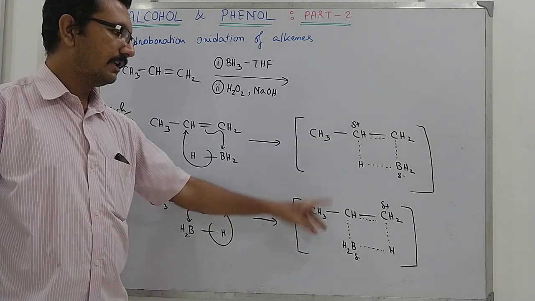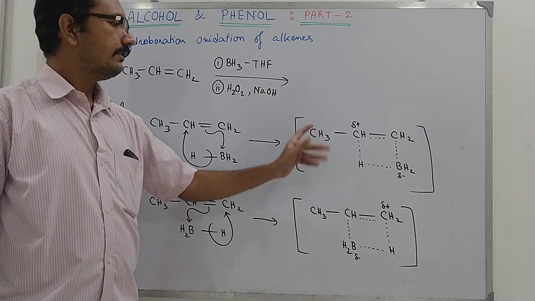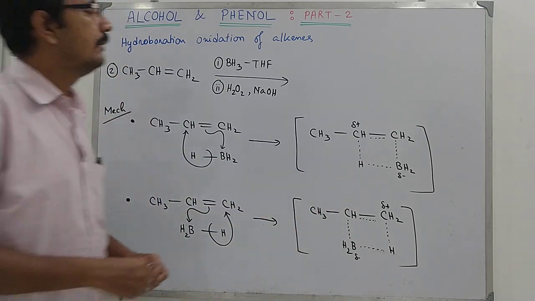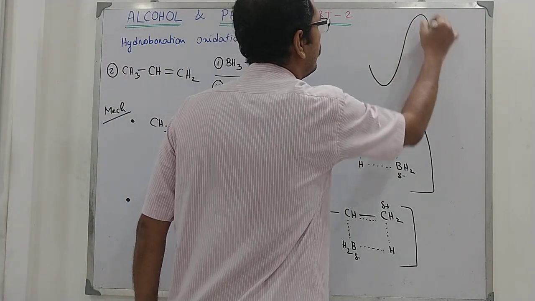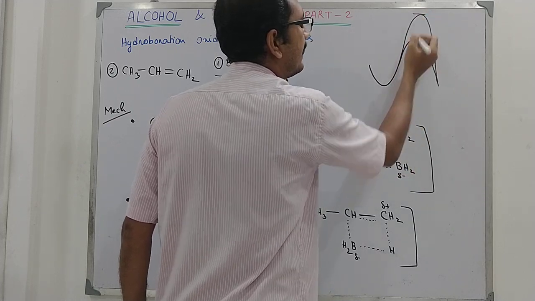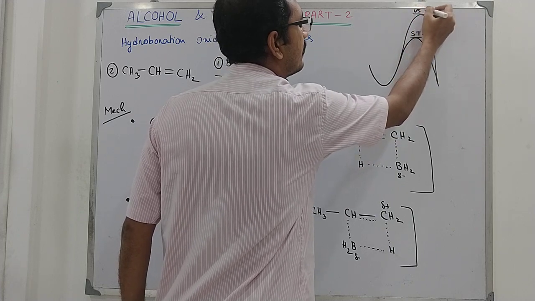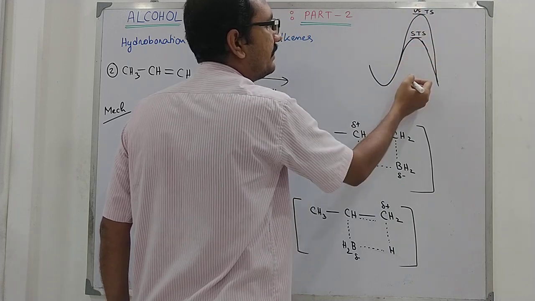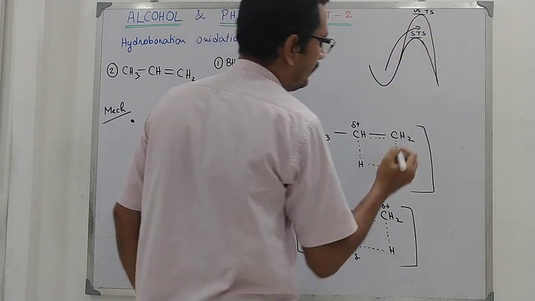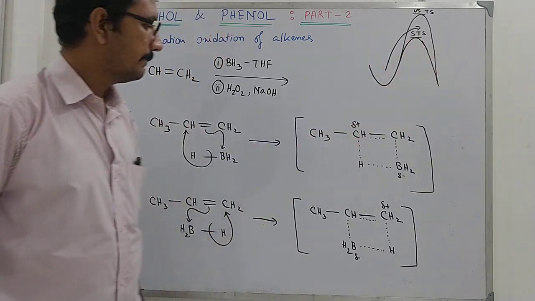These two are unstable, but we must have a comparison and we have to determine the more stable transition state. Since the more stable transition state will be associated with a lower activation energy. This is the more stable transition state, this is the unstable transition state. So less activation energy means there will be a higher rate of reaction and we will have a major product corresponding to this stable transition state.